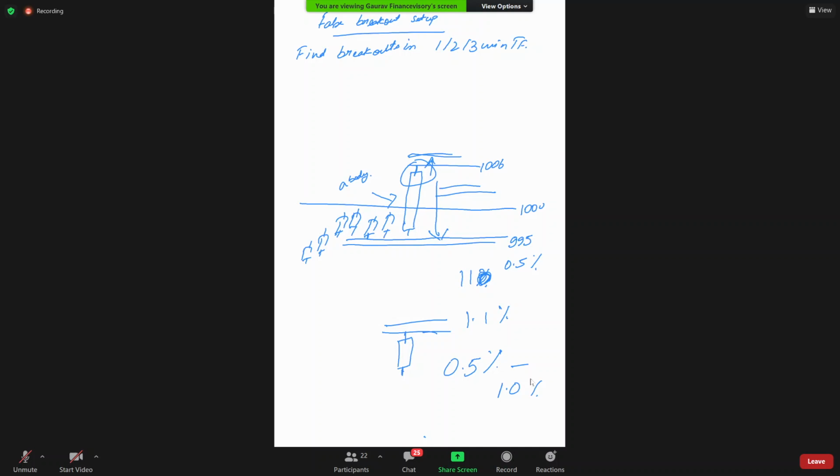Target should be according to the risk to reward as well as logical, both. First of all, you need to look at your target as per your risk to reward. And secondly, you have to find big rejections on the above side and fix your target just below those rejections.